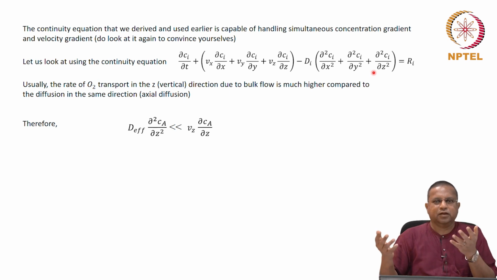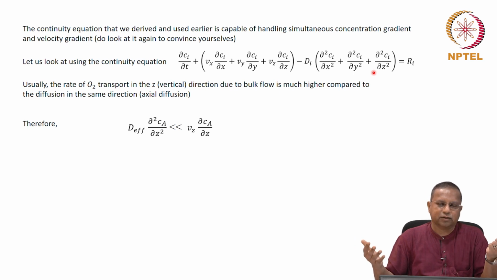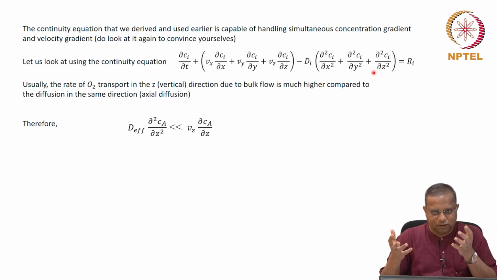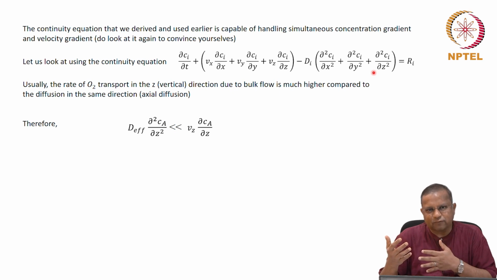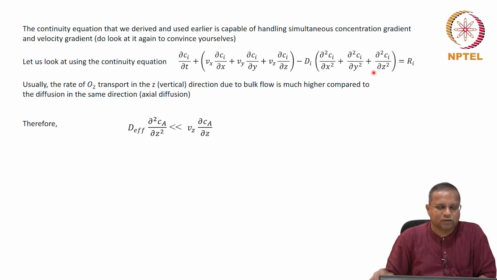It's the same as the example that I gave you earlier. If one value is 1,000 and the other value is 1, whether you have 1,001 as a total value, or whether you have 1,000, which is very close to 1,001, it doesn't make a difference. Okay, so that's the argument here. We can ignore this term when it is added on to this term.